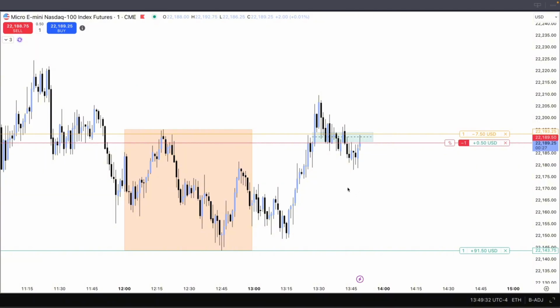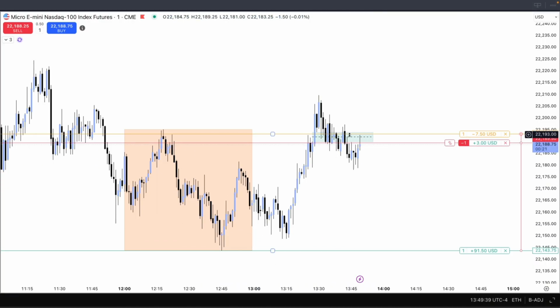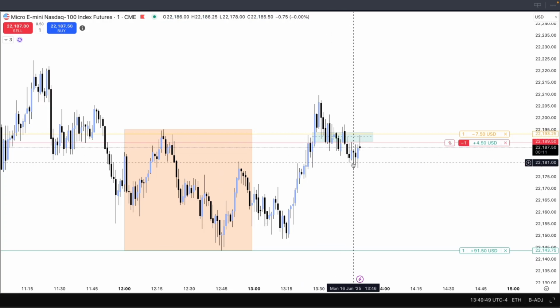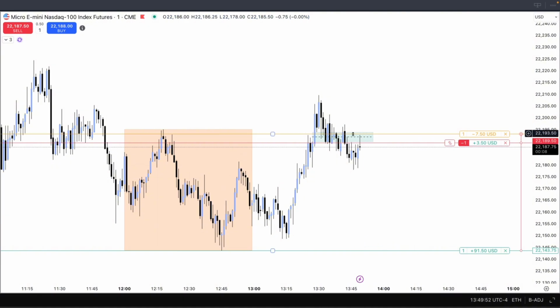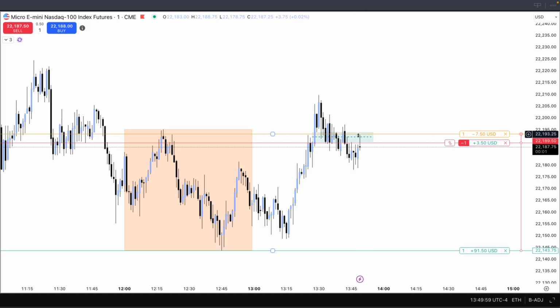It's right in the upper half, because that's an area where I don't want to see price trade back into, because it already kind of did its work. It traded back and forth in that range, then it broke lower, and now it's kind of retesting it, and I don't want to see the top end of that range get retested. So that's why I have my stop loss right there.